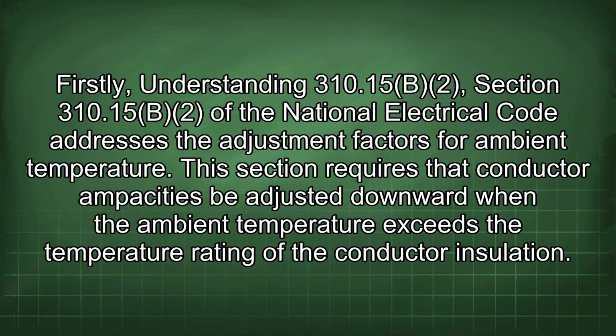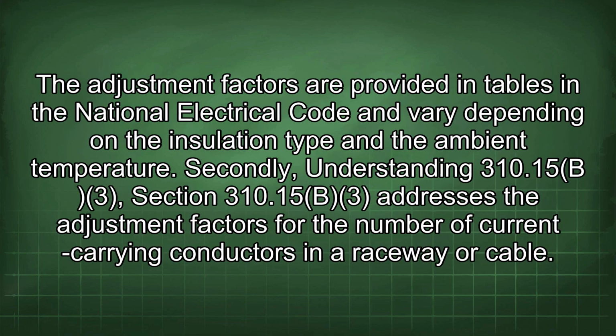310.15(B)(2). Section 310.15(B)(2) of the National Electrical Code addresses the adjustment factors for ambient temperature. This section requires that conductor ampacities be adjusted downward when the ambient temperature exceeds the temperature rating of the conductor insulation. The adjustment factors are provided in tables in the National Electrical Code and vary depending on the insulation type and the ambient temperature. Secondly, understanding